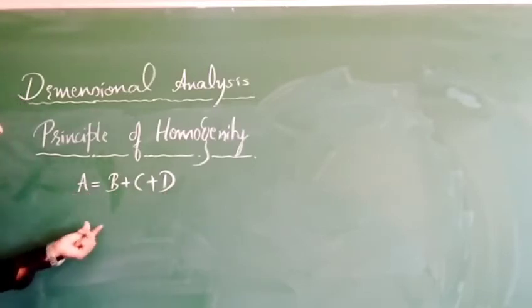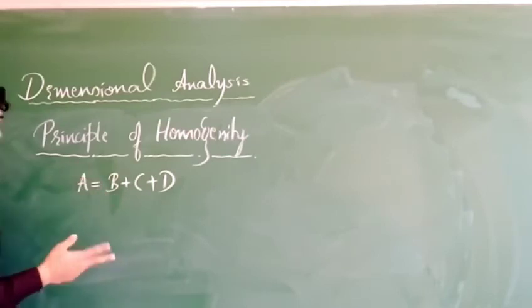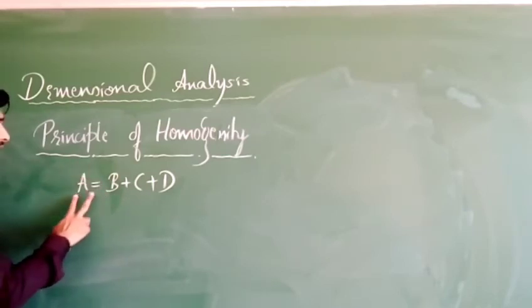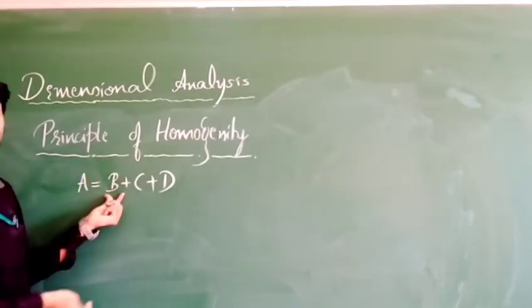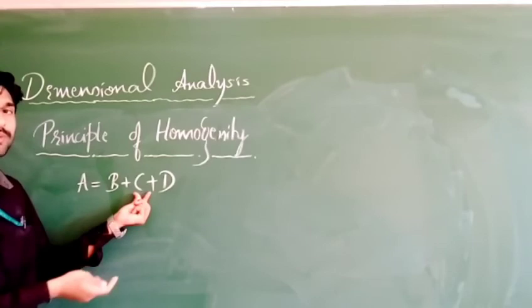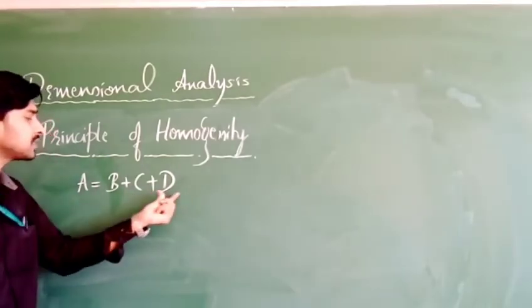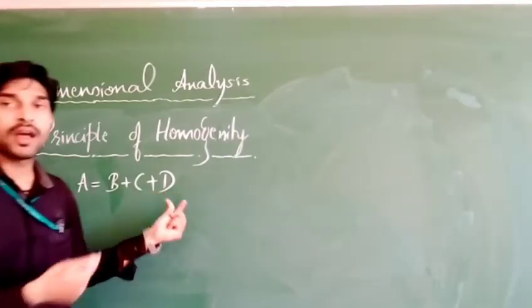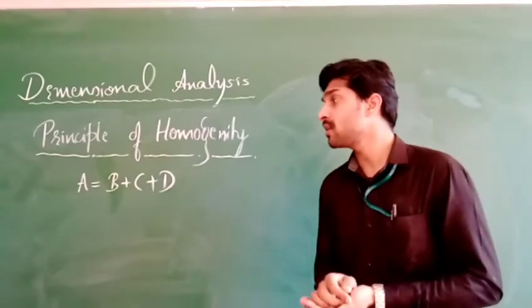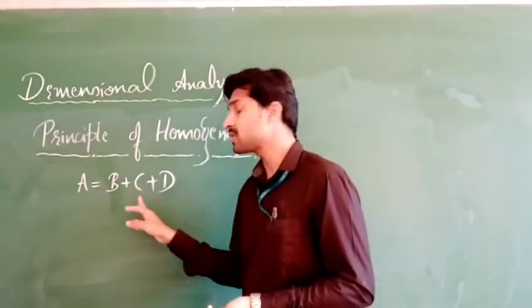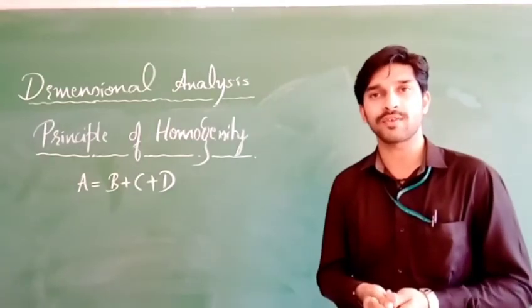The units of this quantity should be the same. If I consider velocity, the velocity unit is nothing but what? Meter per second, correct? If this should be in meter per second, this factor should also be in meter per second, and this factor as well. If we have it in this manner, we can add, or we will be treating it as a correct equation if they are completely the same units. We can add that equation.